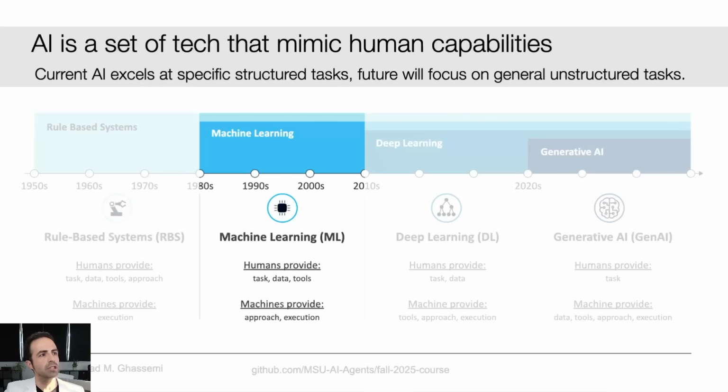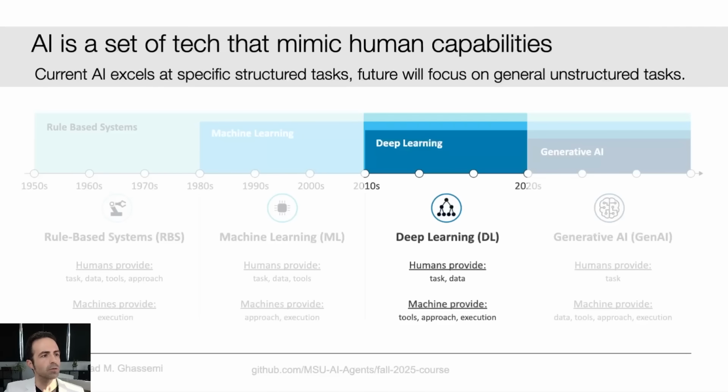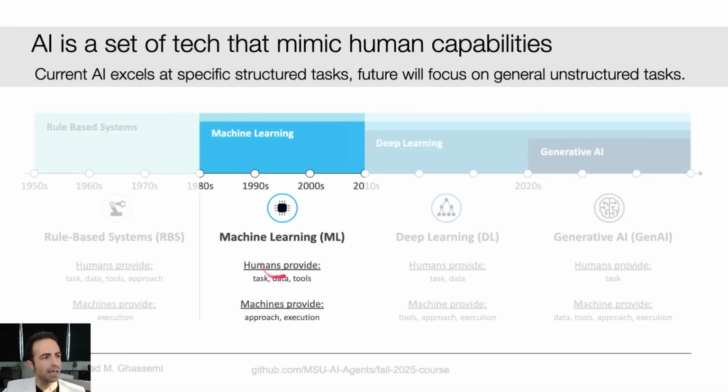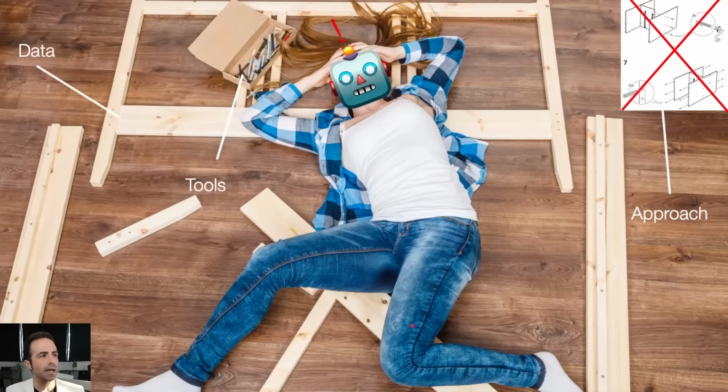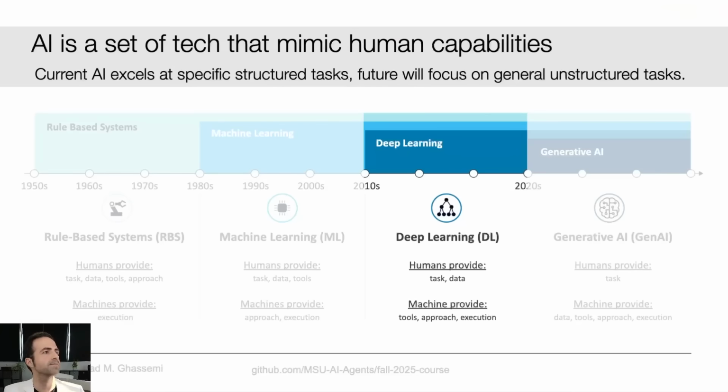As we move from the machine learning to the deep learning era, what you'll notice between these two is that, again, the last item on the list here, the tooling, ended up being moved from something that humans provide to something that machines provide. Okay? Back to our analogy, what would that be? Well, that means we got rid of the tools here. Okay? The Allen wrench is no longer provided. We just give the wooden blocks and we assume that the machine will be able to bring its own tooling to figure out how to assemble those. And not only that, we'll be able to determine the approach to use to put the furniture together.